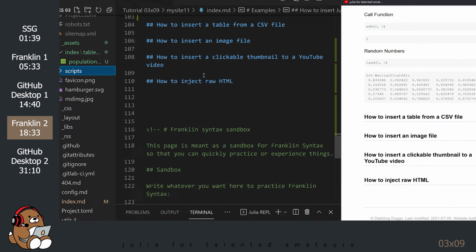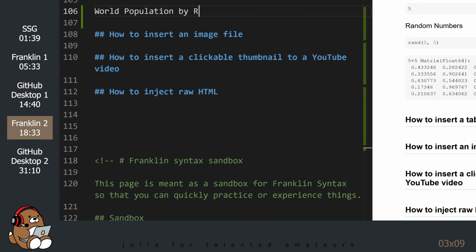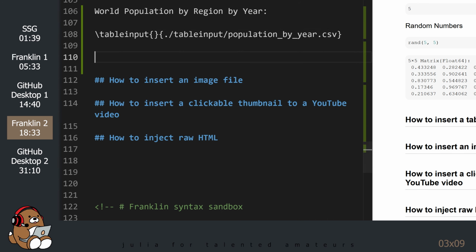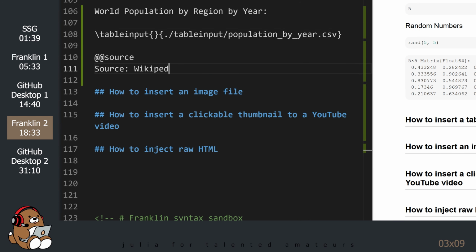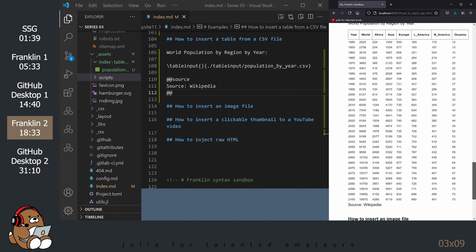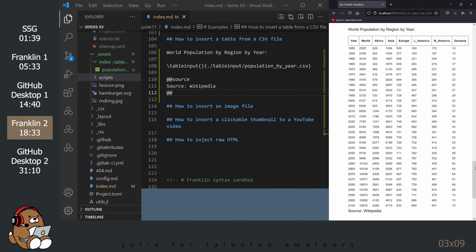After saving your CSV file, go back to the Markdown file and let's add the syntax to generate a table. Save your file, and just like that, your HTML table appears.